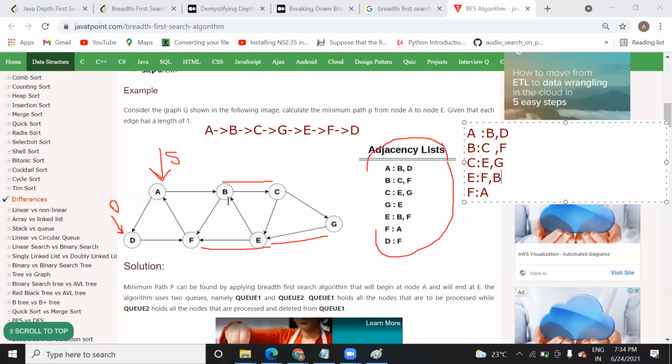Here the scenario might be different because I have not read the whole website. I have just explained from the diagram what the possible ways are. Usually in a stack, it is last in, first out: whatever you enter last is removed first. In a queue, it is first in, first out. Whatever you add first, you remove first. So B, C and E are removed first. Something might be wrong there, but this is the correct one.